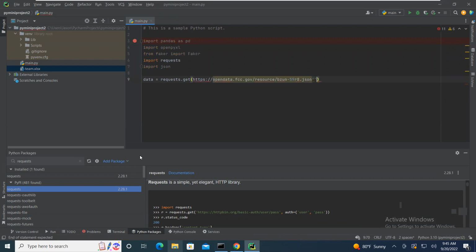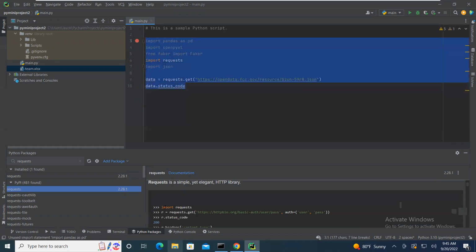which needs to be inside quotes. And we don't have any kind of auth or anything, so we can hit that. If we go to data.status_code and we print that out, again, when you're first playing with this kind of stuff, it's really slick to do